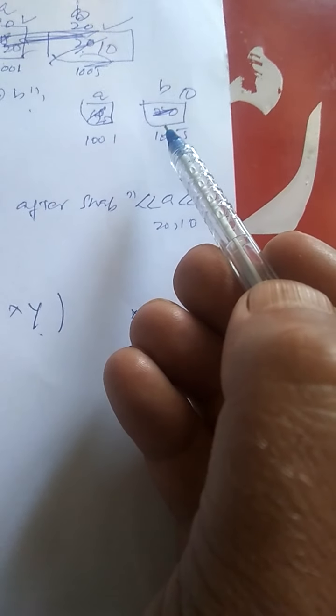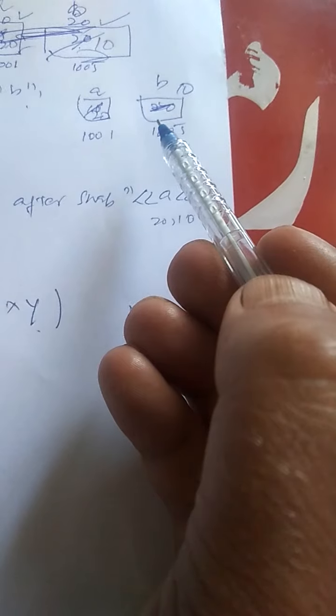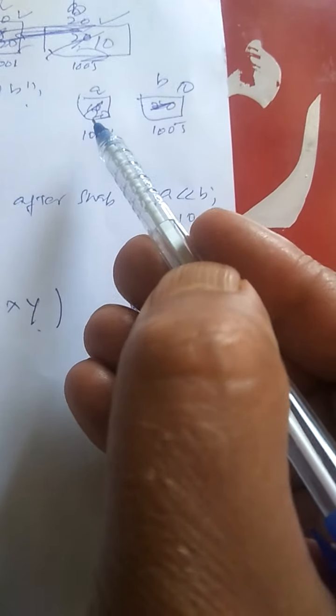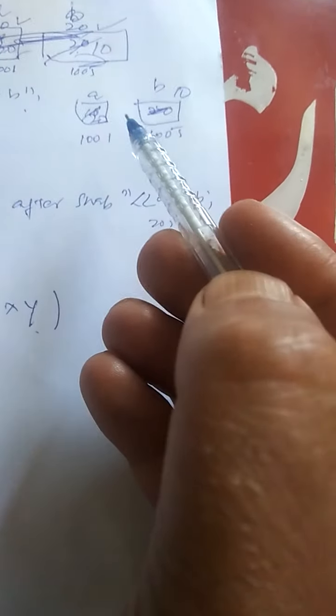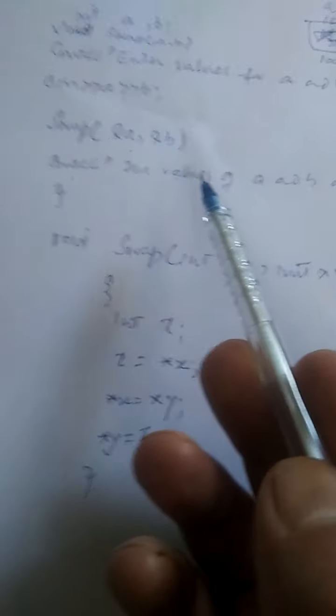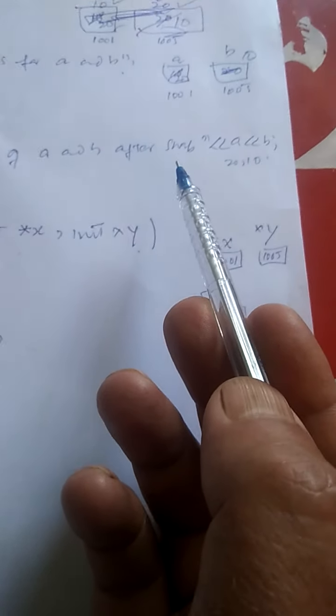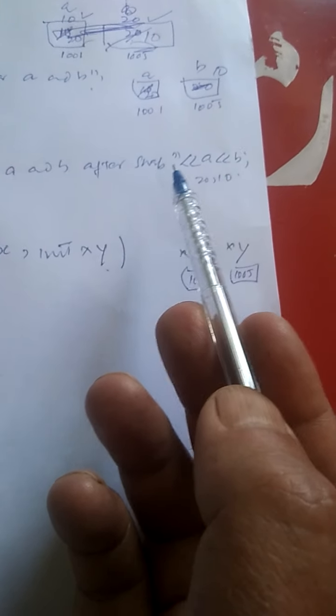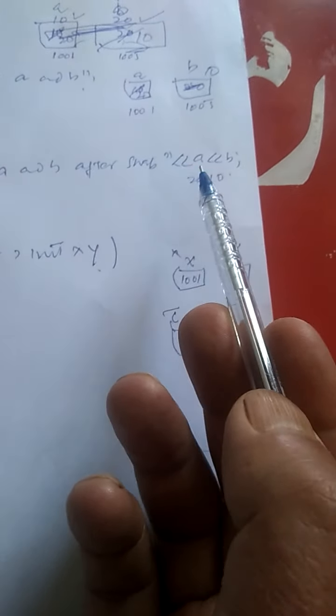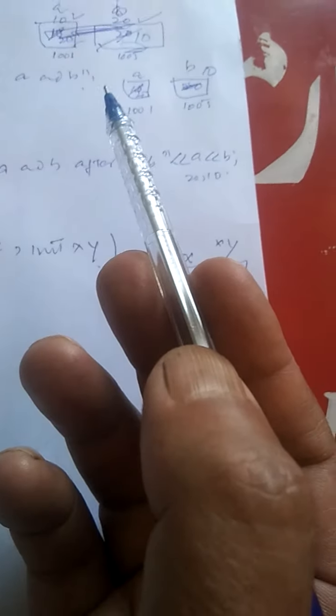So through this call by reference, I have swapped the two values. Initially there was 10 in a and 20 in b. Now there is 20 in a and 10 in b. So I have swapped these. Now the control will come here. Cout the values of a and b. What will the values of a and b be now? What will be reflected on the screen? a, b, that is 20 and 10, not 10, 20. Initially it was 10 and 20, now it will be 20 and 10.